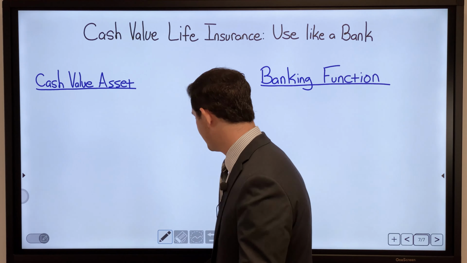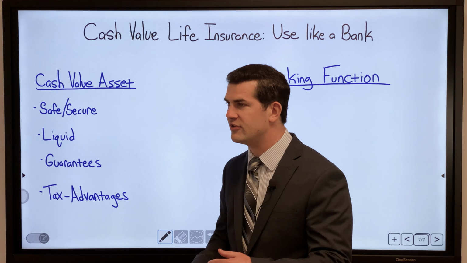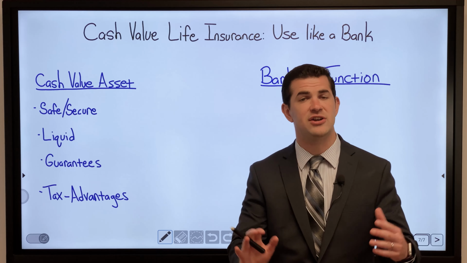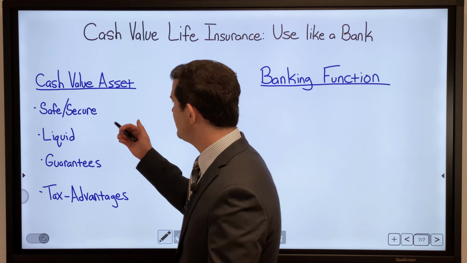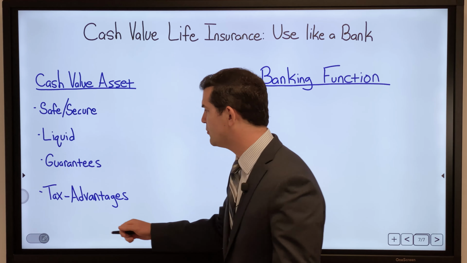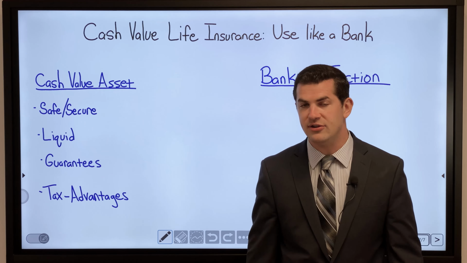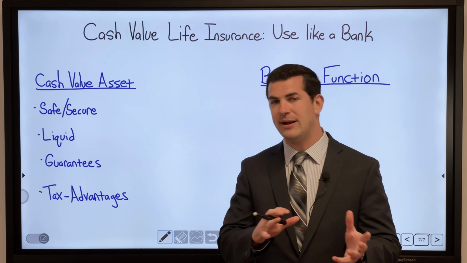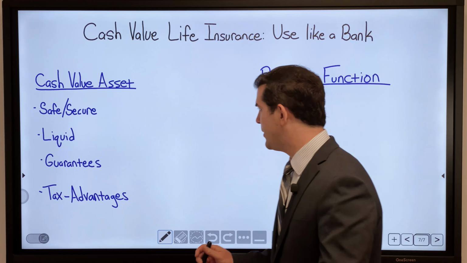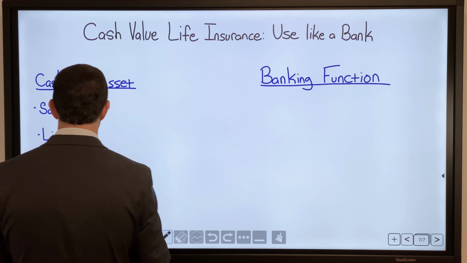So to start with a cash value asset, a life insurance policy at its core, if we structure it right, optimize the cash value of the policy, it is a safe, secure, liquid, tax-free area to position money with strong guarantees. Now, I did mention tax-free. The policy's got to be set up right to ensure we don't trigger a taxable event there. But if it's all set up right, we've got a tax-free benefit.